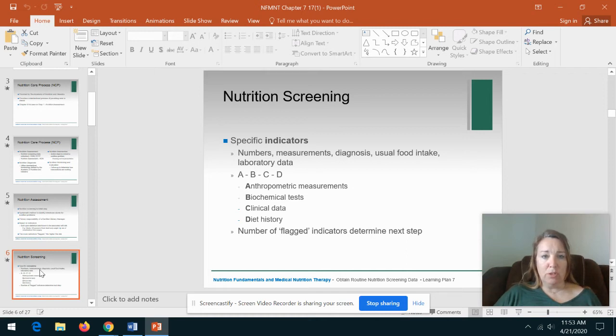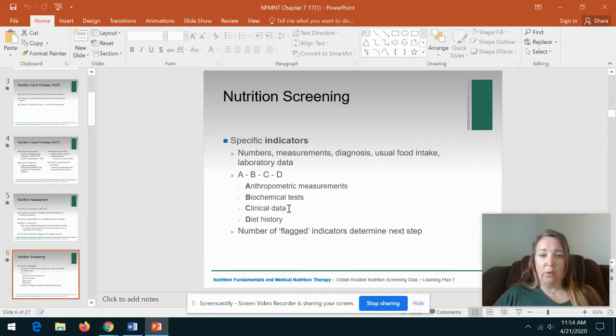So back to nutrition screening. We are going to base those nutrition screenings and assessment then on indicators, and you can use this acronym, the ABCD. So anthropometric measurements, that's going to be things like BMI, waist circumference, height, weight. Biochemical tests, that's going to be things like iron levels, protein status, cholesterol levels, other heart levels, and then